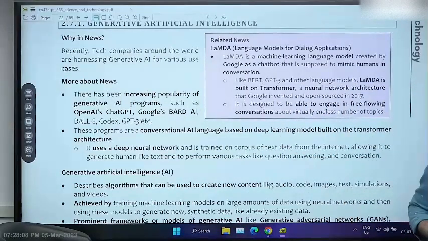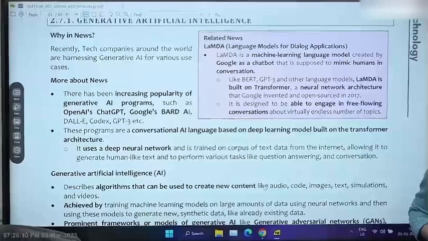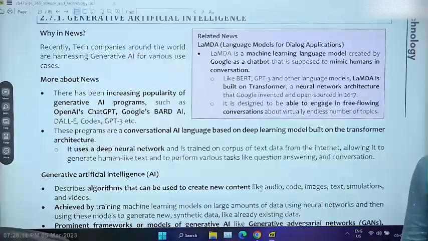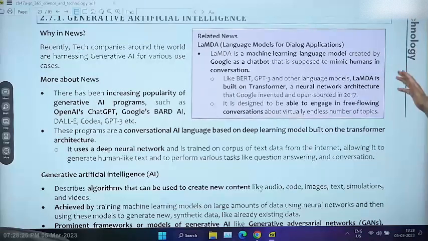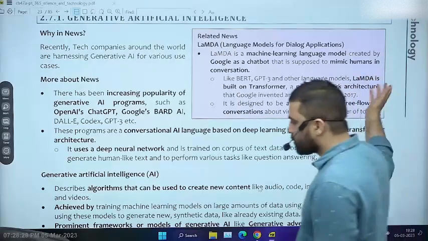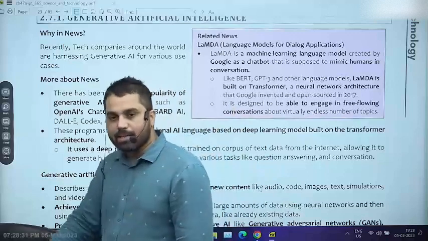It has been trained on deep learning tools. I will not call it deep learning in itself is a technology. The ChatGPT hai, that is an application of that technology. So it has been trained using deep learning algorithm. There is a language model for dialogue application, very famous model called LaMDA. So simply language model for dialogue application, which is used by, for example, जो Google का generative AI है,